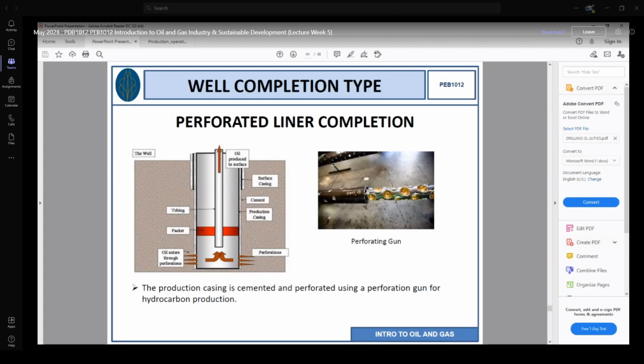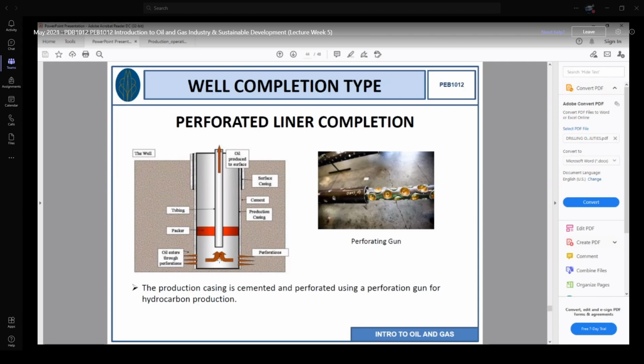Okay, here you can see the perforating gun. It's not the same gun normally used for security purposes, right? This gun is for the purpose of creating a hole inside the metal. These are the bullets. We fix the explosive material inside the bullet. We put the bullet here, and then we run this gun